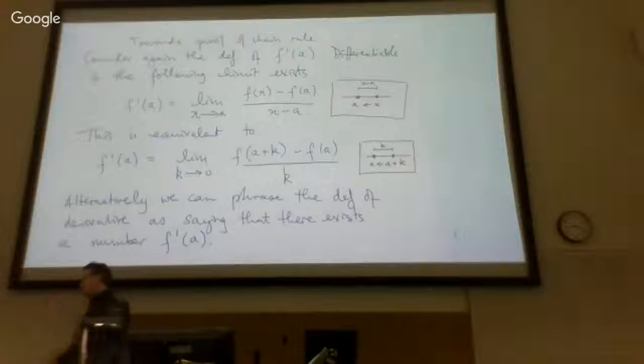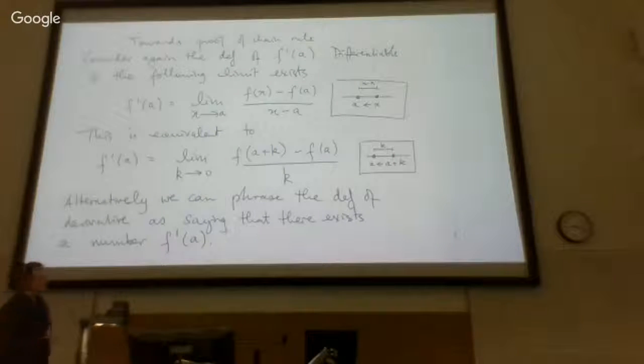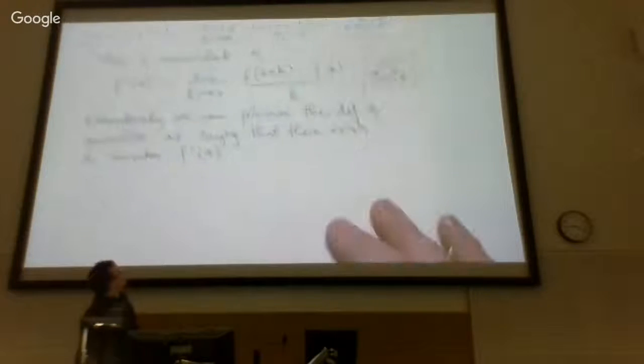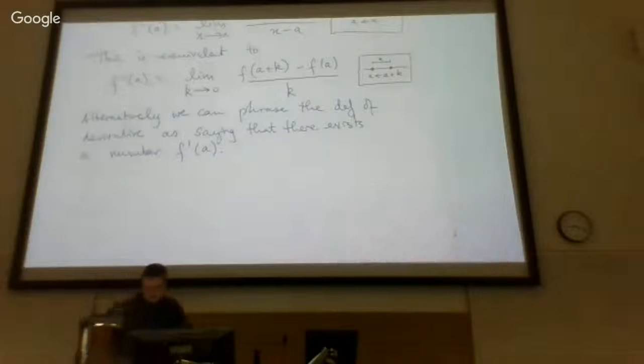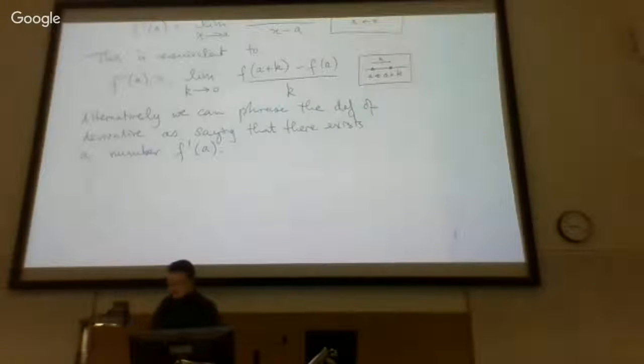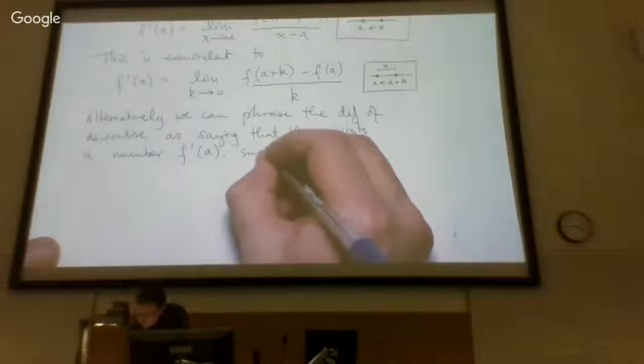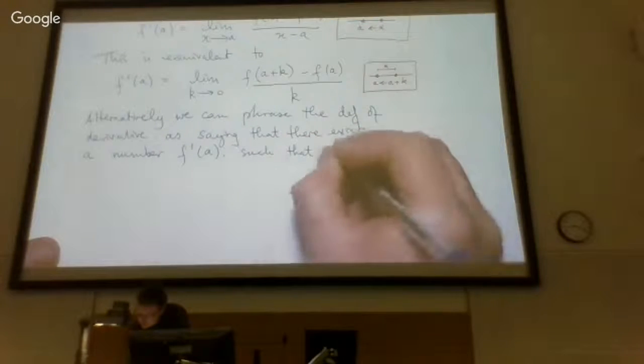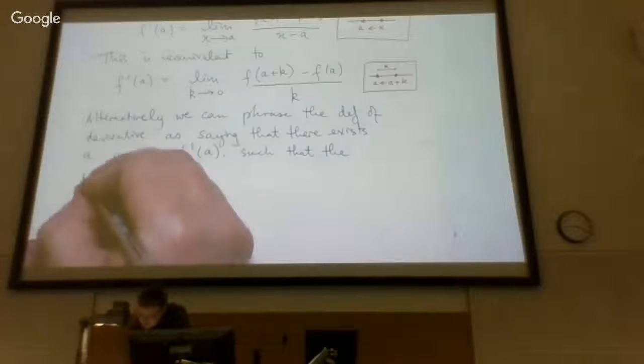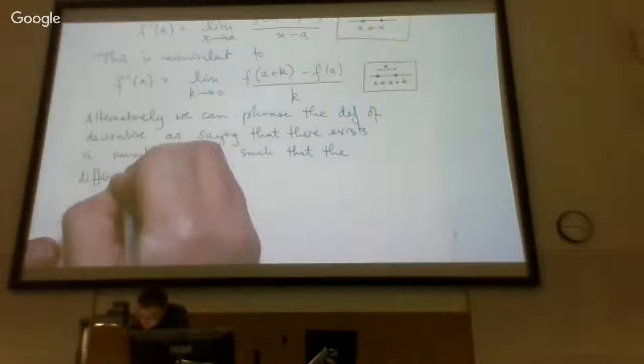So we have our function, we can look at its value at a, and this time we're going to phrase the definition as saying the function is differentiable if there exists this number f prime of a such that the difference function